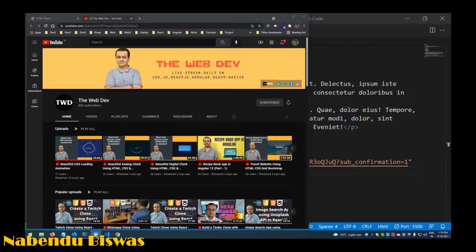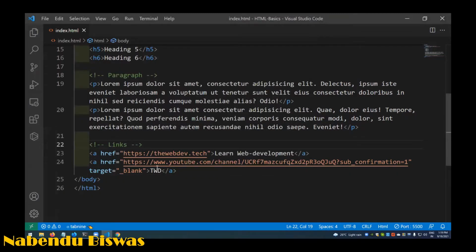Okay, target equal to blank. Yeah, target equal to blank I am giving, and it will open in the new tab. Okay, so